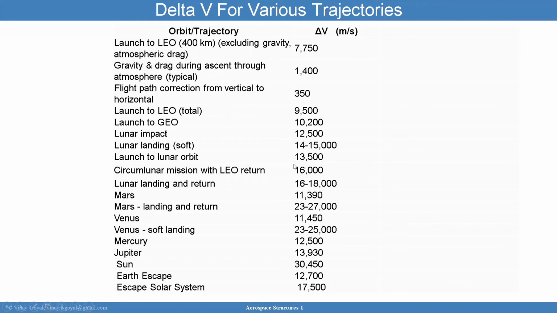Launching to lunar orbit requires less, that's 13,500. And then if I want to go to Mars, and land and return, we're talking about 23,000 to 27,000. To Venus, 23,000 to 25,000. And then to the sun, 30,000. And to escape the Earth, 12,700. And to escape the solar system, 17,500 meters per second. And then if you want to continue on here,